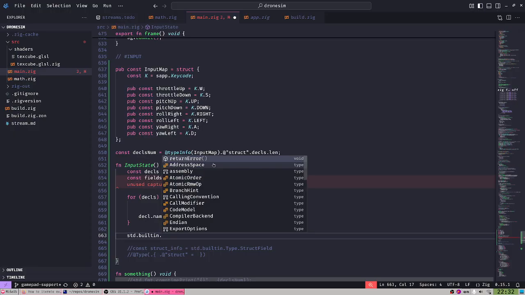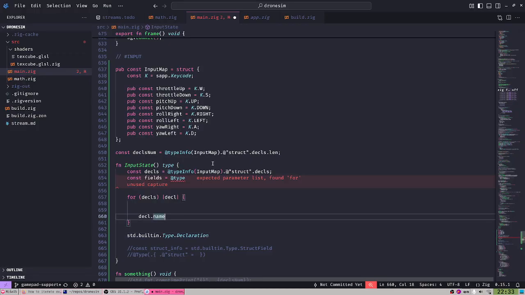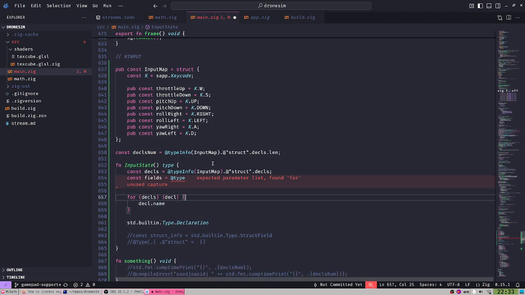Built-in type struct decal. Can you do decal? Declaration. You can create declarations as well. This is interesting. So it doesn't need to be a struct field. Interesting. Okay. So yeah, since we're going to have one static, let's do